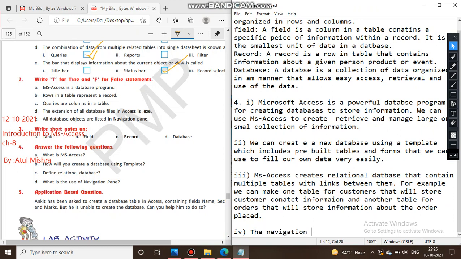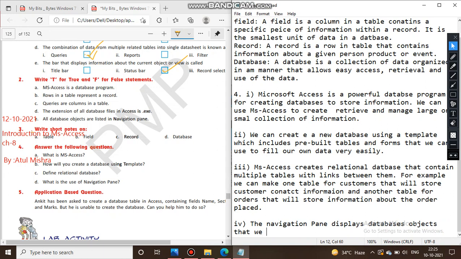The navigation pane displays databases objects that we create, such as tables, forms, queries and reports.